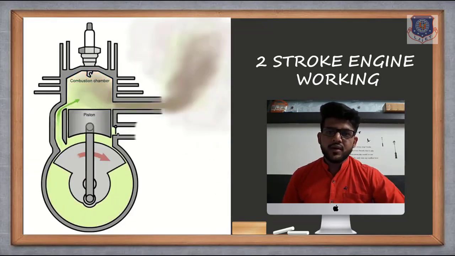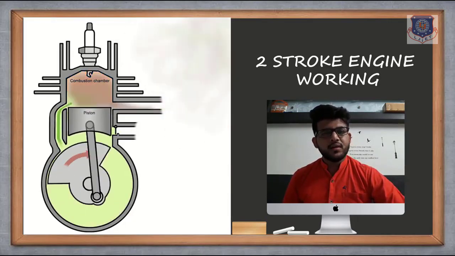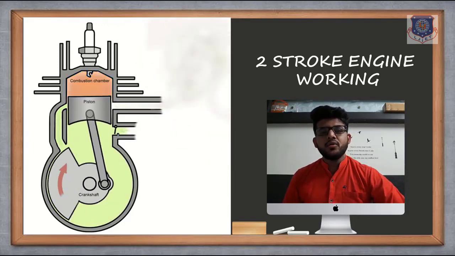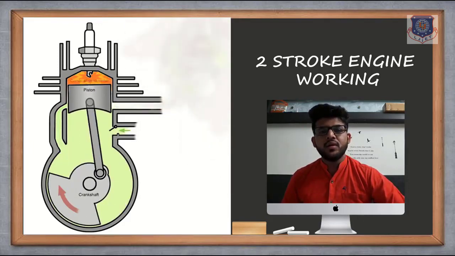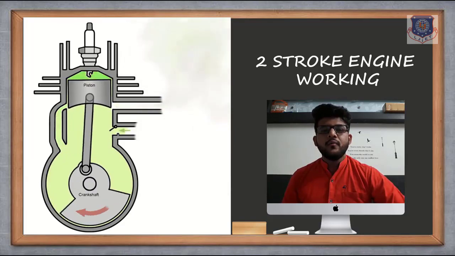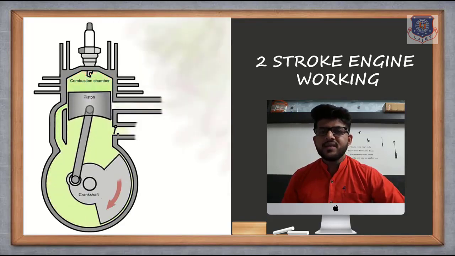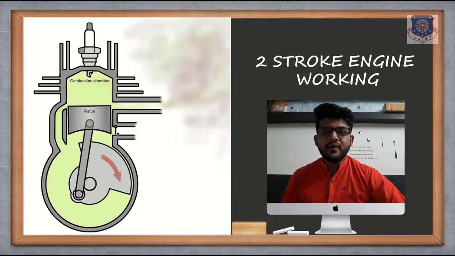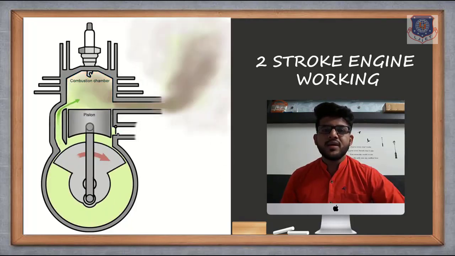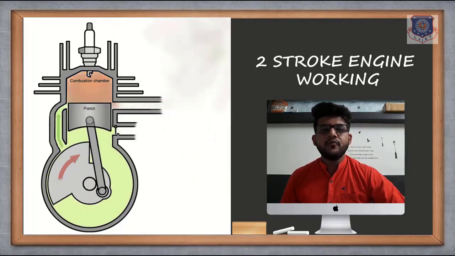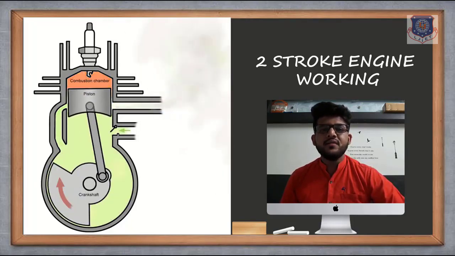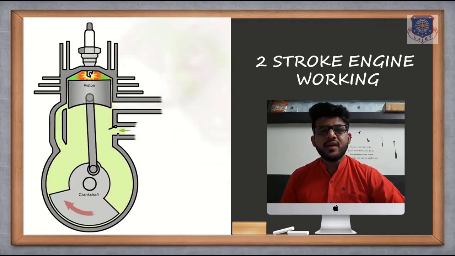So now here you can see a two-stroke working is started. Why is it called two strokes? Because there are only two strokes. First is expansion and second is compression. Now how does it differ from the four strokes? Because actually we are taking a whole cycle in which the engine gives us power. Fine. So what was that in four stroke?